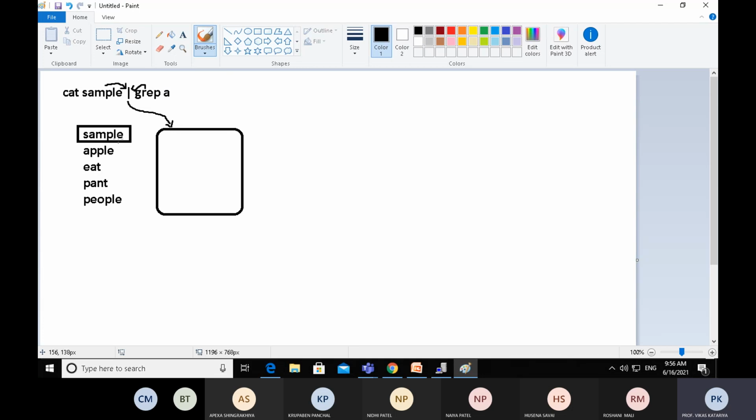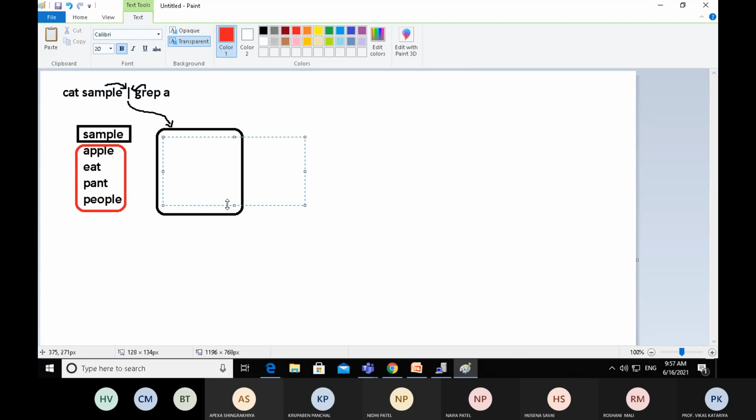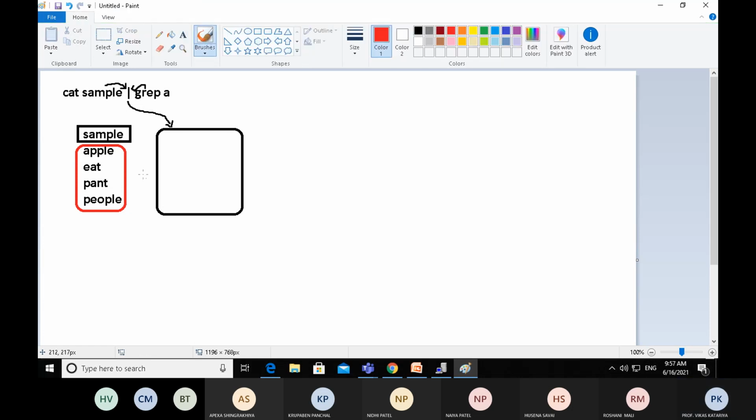So here we have created the pipeline. The output of the sample file will be stored in here.